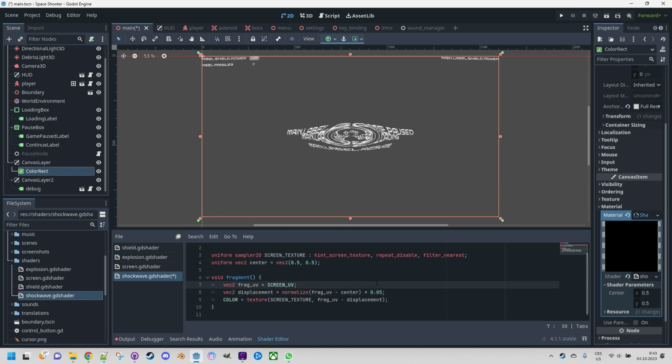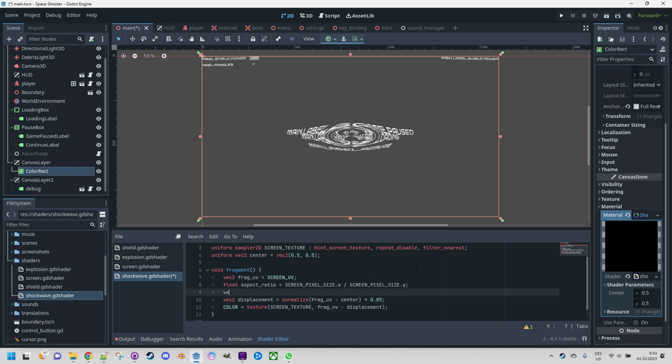So let's do it here. Float aspect ratio is the ratio, x divided by screen pixel size y. And now how can we use that? Let's define a new vector that we will call, let's say, aspect uv,